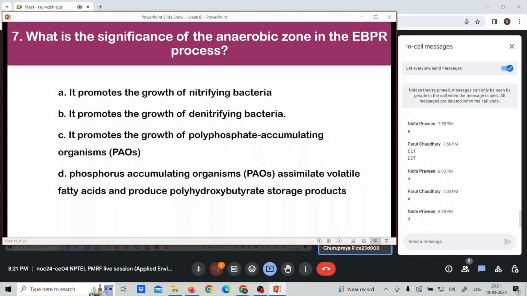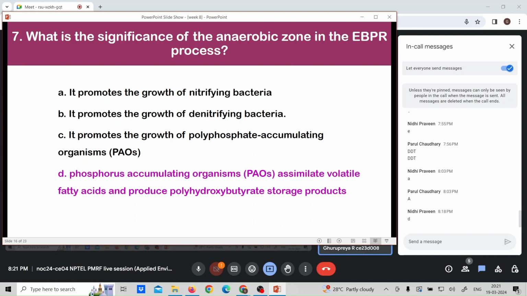Okay, as one person has answered it rightly, the answer is D. So obviously we know it is not going to promote nitrifying bacteria or denitrifying bacteria. The confusion will be between it promotes the growth of polyphosphate accumulating organisms, and phosphorus accumulating organisms assimilate volatile fatty acid and produce hydroxybutyrate storage products. So